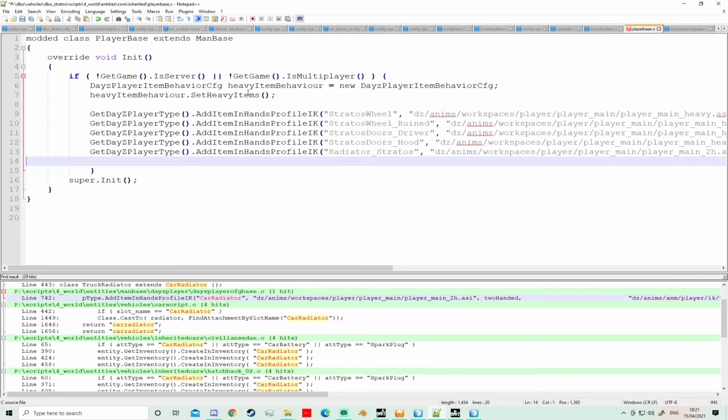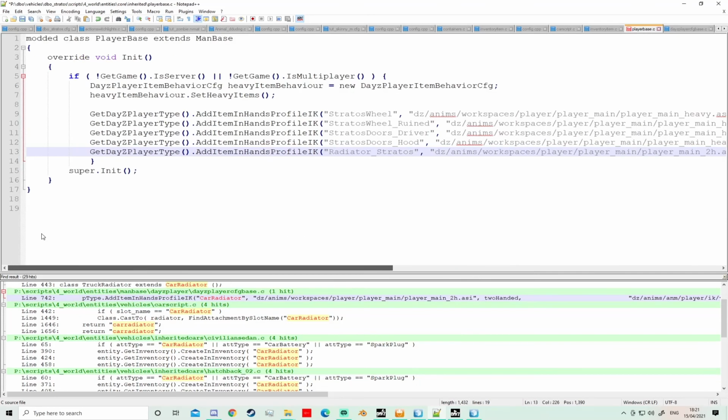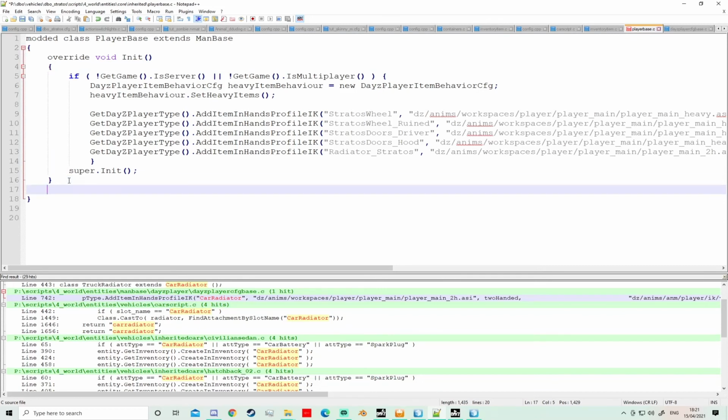DayZ item behavior config error equals player. Now this is new to me, so although I have just discovered that, I wonder if it's just